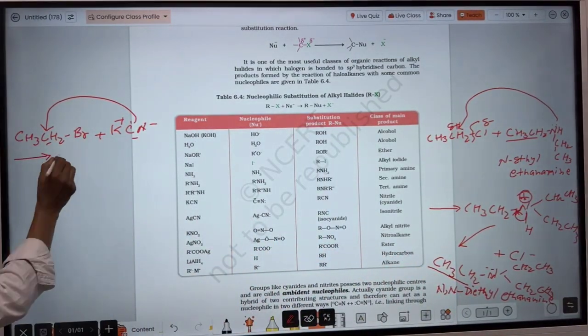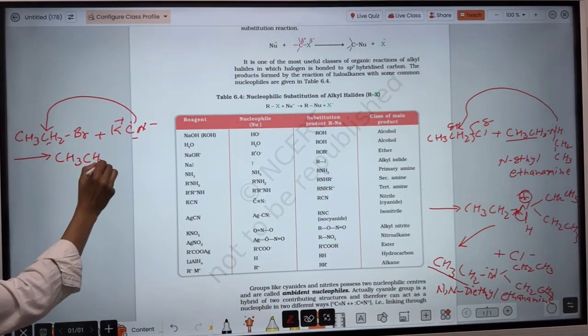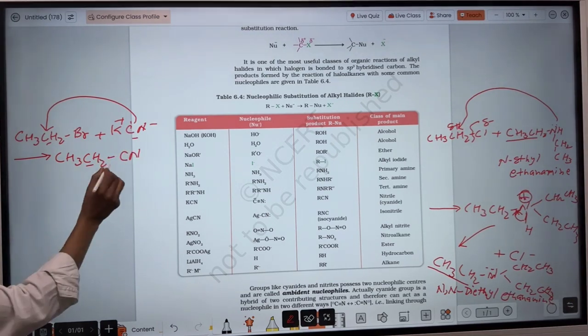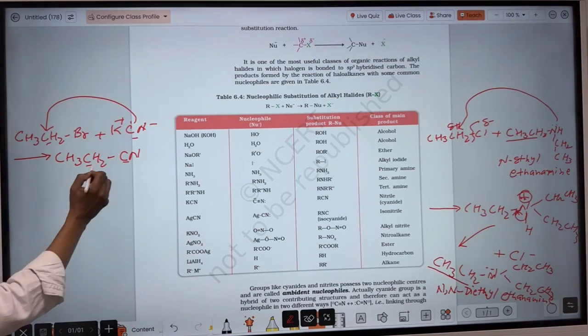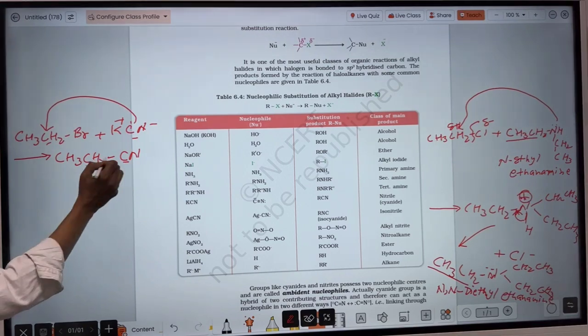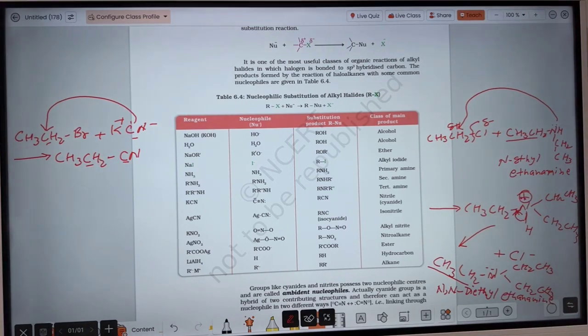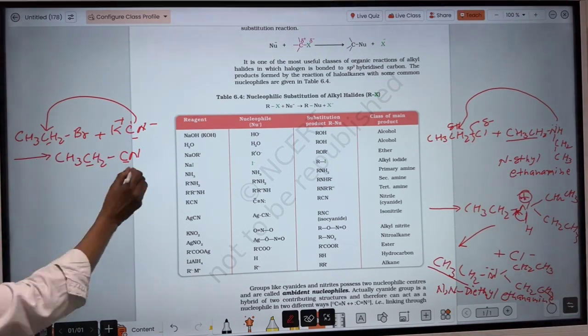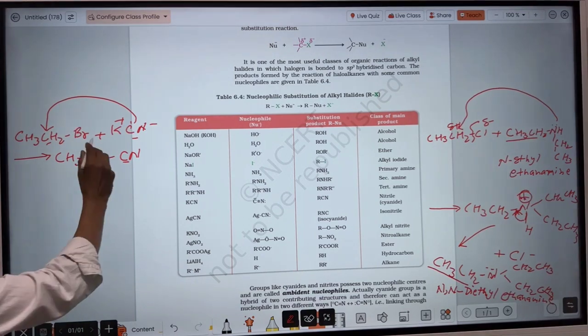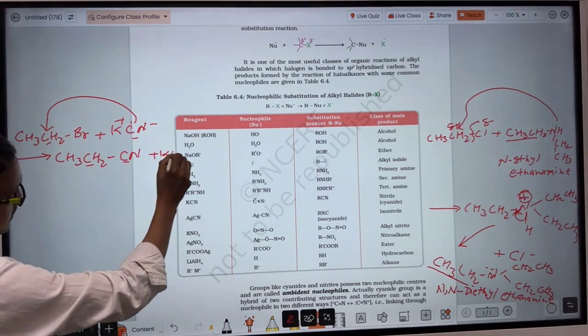That Br- will combine with K+. So the structure will be here. The carbon and this carbon bond forms, because there is less polarity. If there were nitrogen, there would be more polarity. So that's why this carbon has bonded, and Br- will combine with this K+. So that becomes